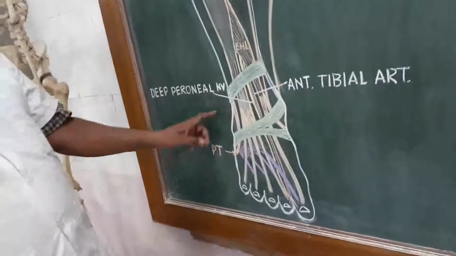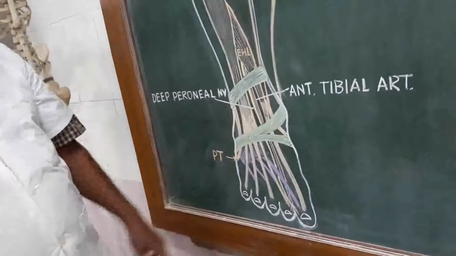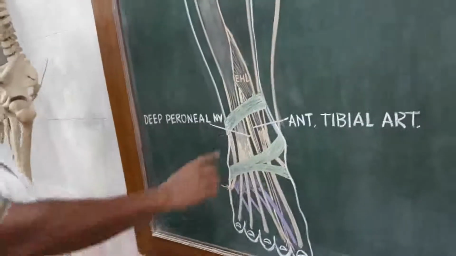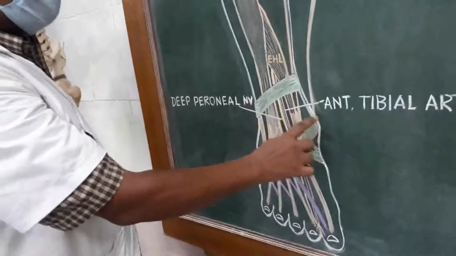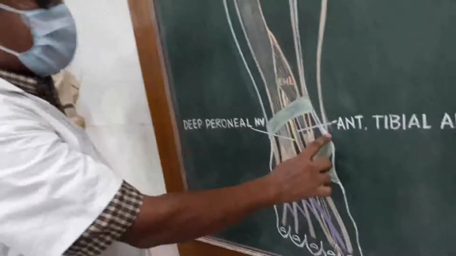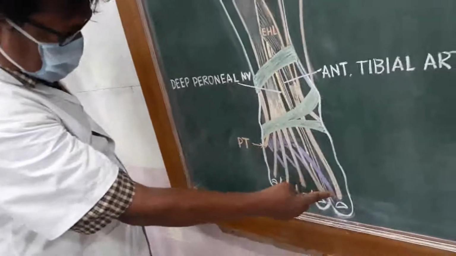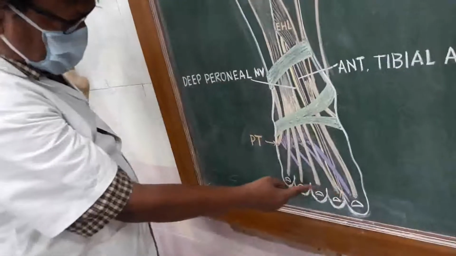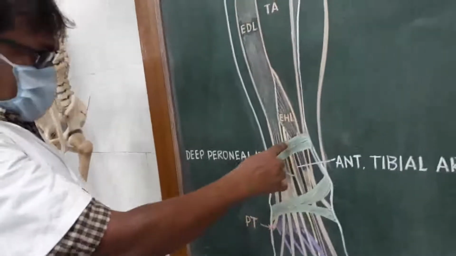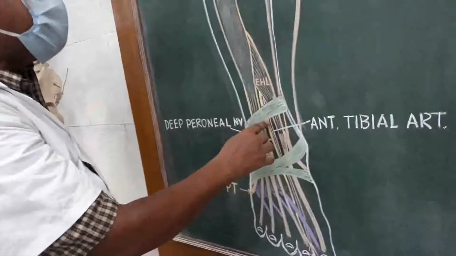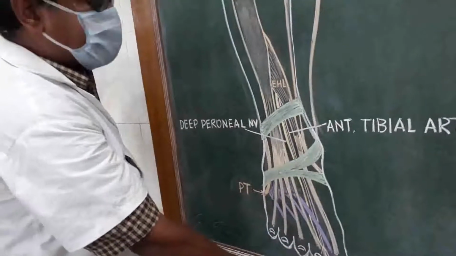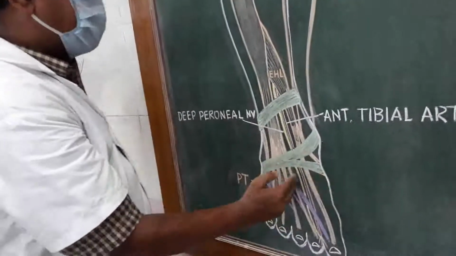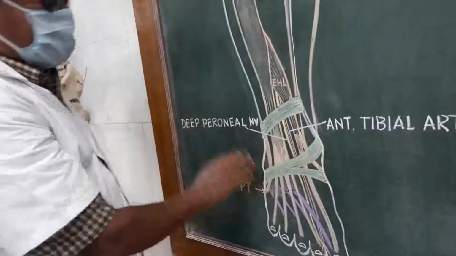Now, come to the incision of the dorsum of the foot. One transverse incision is made joining the medial and lateral malleoli. Another curved transverse incision connecting the roots of the toes. A longitudinal incision from the midpoint of the proximal transverse incision up to the tip of the second toe, and skin flaps will be reflected medially and laterally.